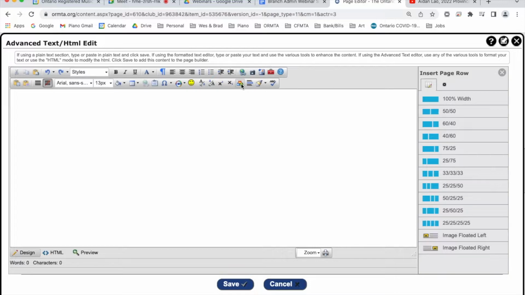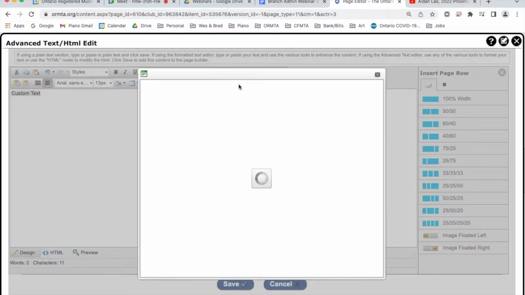What else is different here? Oh, this one. This is the style builder. This is really cool. I haven't used it very much because we already have those preset heading styles, but if you really wanted to, you can type in your text and highlight it and go here